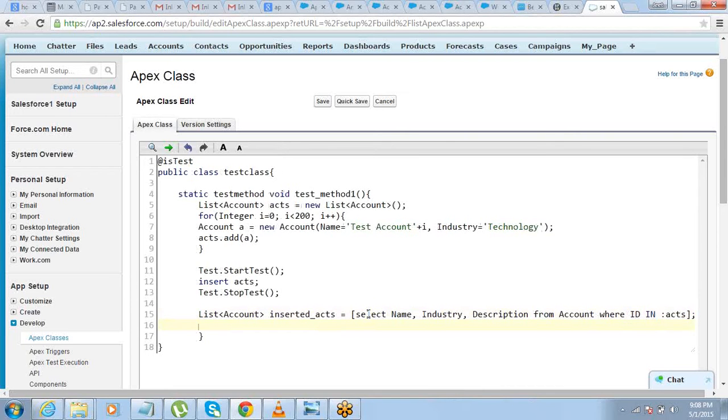So it will go and check all the records where the ID is in accounts, and here I'll write another for loop for account IA in inserted accounts.